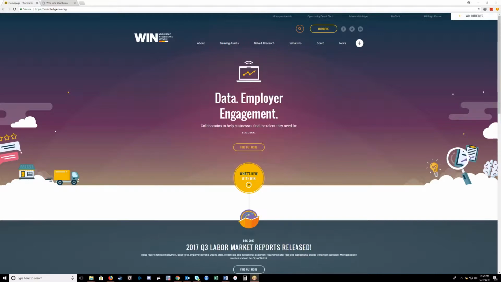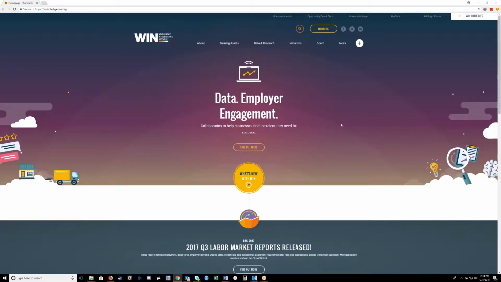For those familiar with our labor market reports, while these reports focus on key occupation groups and geographies, users can dig deeper and analyze any occupation group for any or all geographies using our dashboard. During this webinar, we'll be going over how to use the data dashboard through 3 different reports. During these examples, key features and data will be highlighted to better prepare users to build their own reports. Before we start with our first example though, let's find the data dashboard on the WIN homepage.